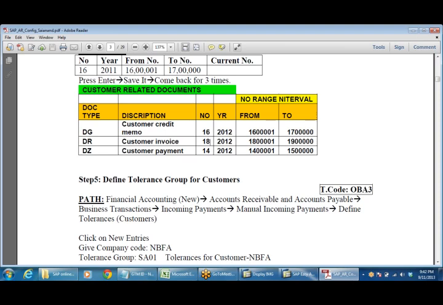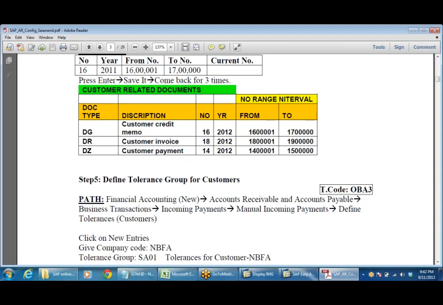So many people get confused between the number ranges I defined previously and this number range. Don't get confused. That number range is for creating the customers, the customer number range; any number of customers, that number range is created and assigned.